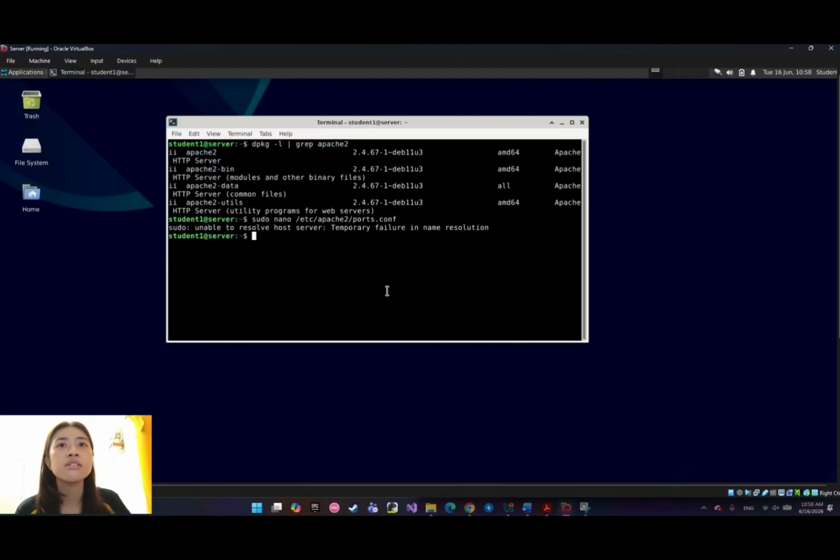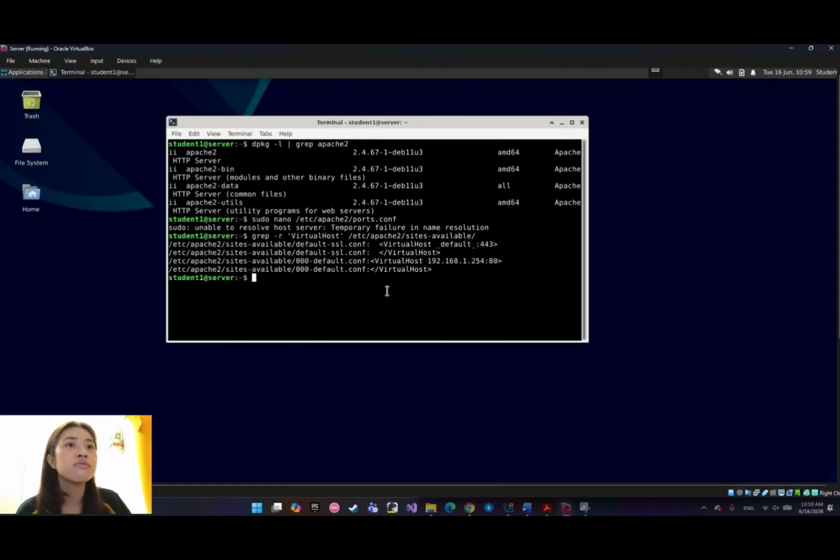And step 3, I will verify the virtual host configuration to confirm it is also bound to the correct IP address. I will write this command. This command searches all files inside the sites-available folder for the virtual host directive. The output shows virtual host 192.168.1.254:18 active, which confirms the virtual host is correctly configured to only serve requests coming from the internal network